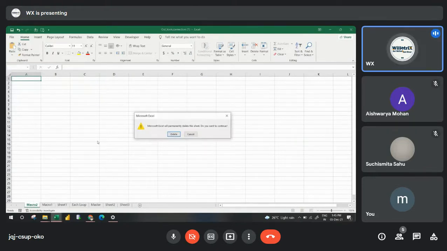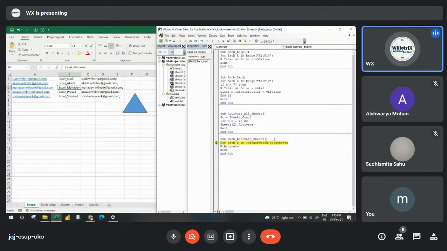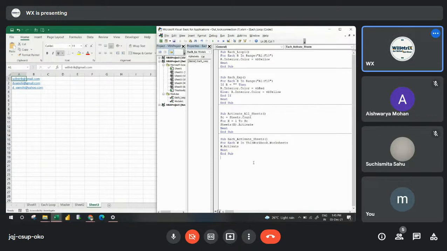I'll delete this, it is not a sheet. ThisWorkbook.Worksheets. Understood? Is it clear? It's not mandatory to use this particular code only. If you're not okay with this, you can go with the sheets count only. Not a problem.